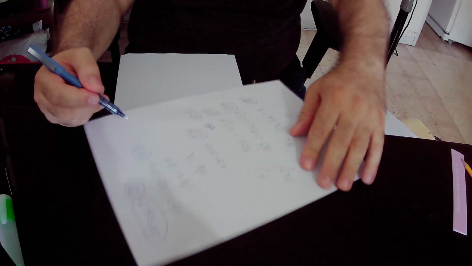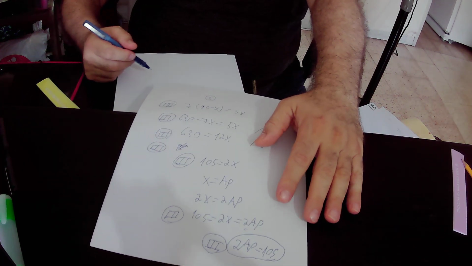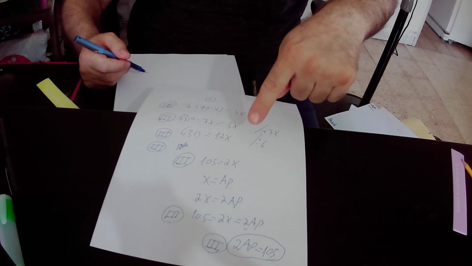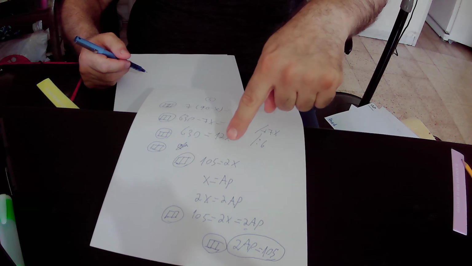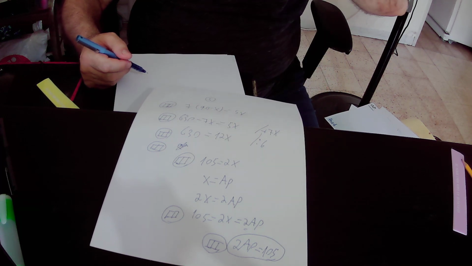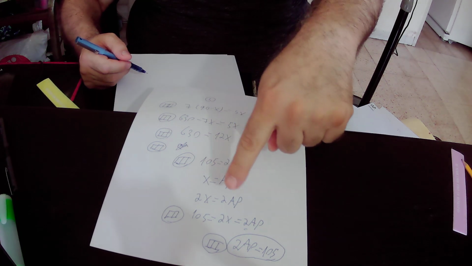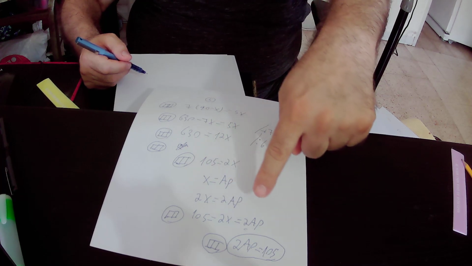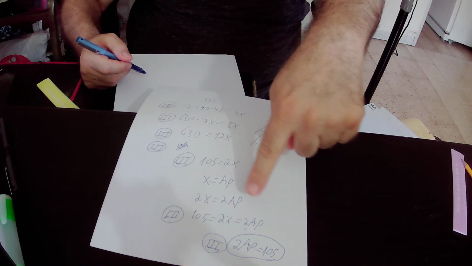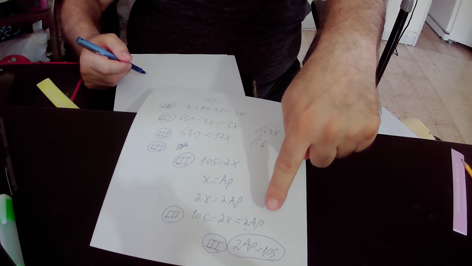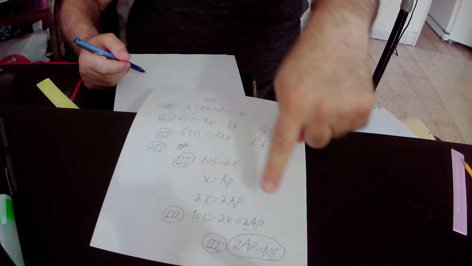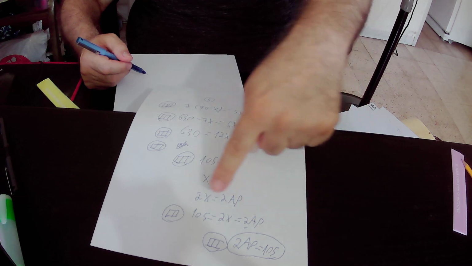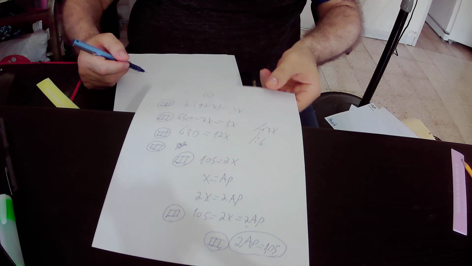Again, we have 2 times x equals 2 times AP, but from the other side 2 times x equals 105. So we can write that 105 equals 2x, and 2x also equals 2 times AP, and at the end we can derive that 2 times AP equals 105, and actually that is the final answer